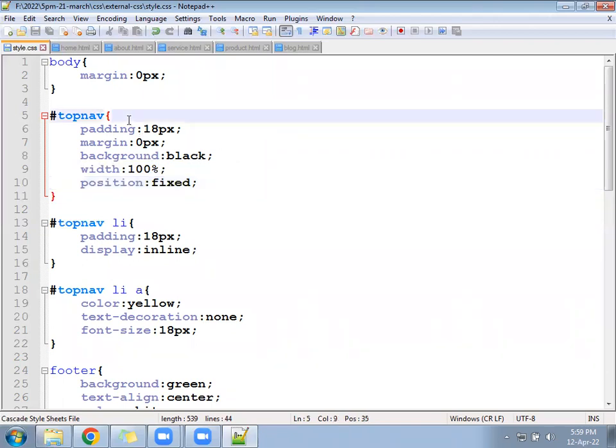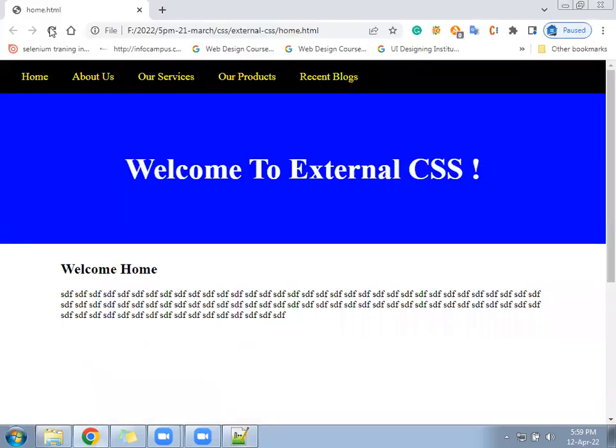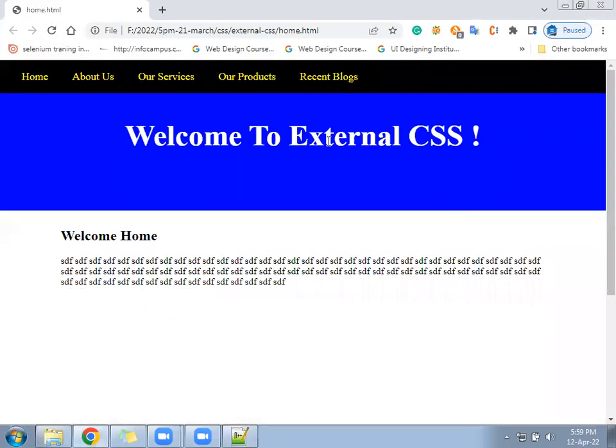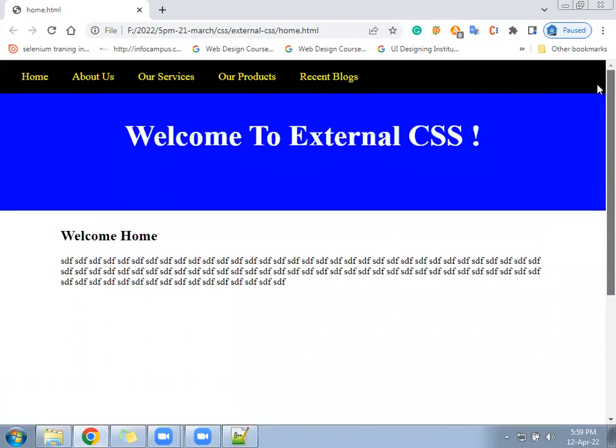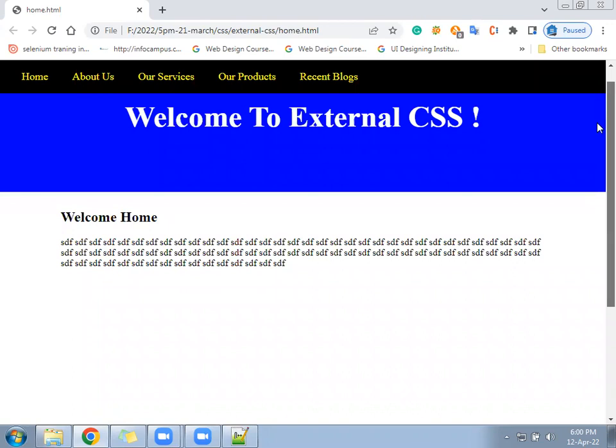Save now. Come to the browser. See what is happening. Navigation will be fixed navigation. Easily you can scroll up and down. See here, we are able to scroll up and down. But in this, the banner, some portion got hidden inside. Earlier the banner was a big size banner. Now it's got hidden a little because some portion went inside the menus. Here we have to write some CSS to bring it out.